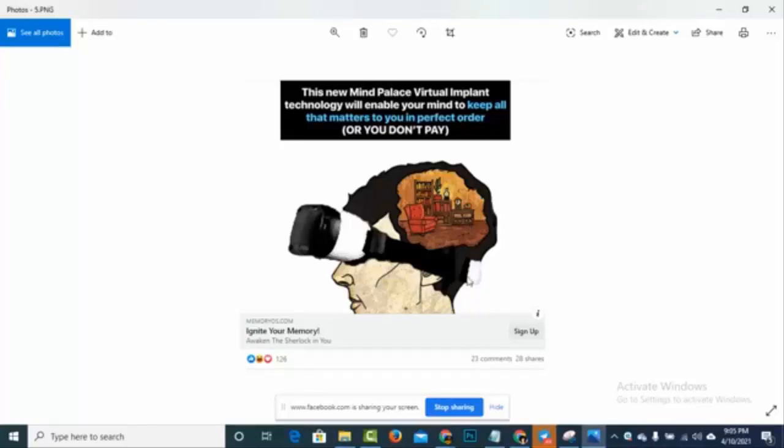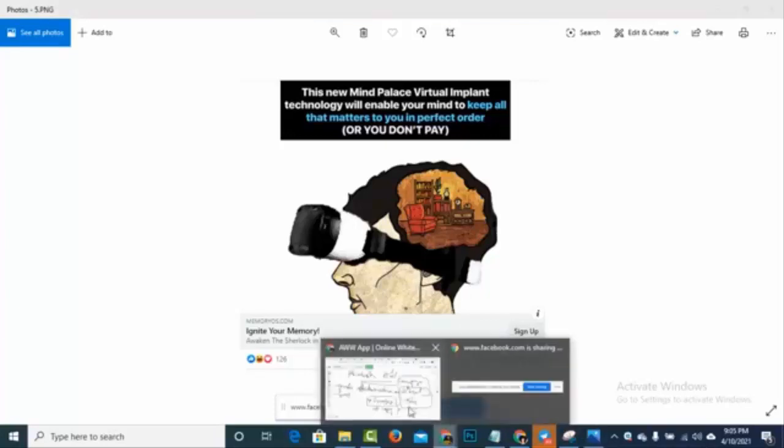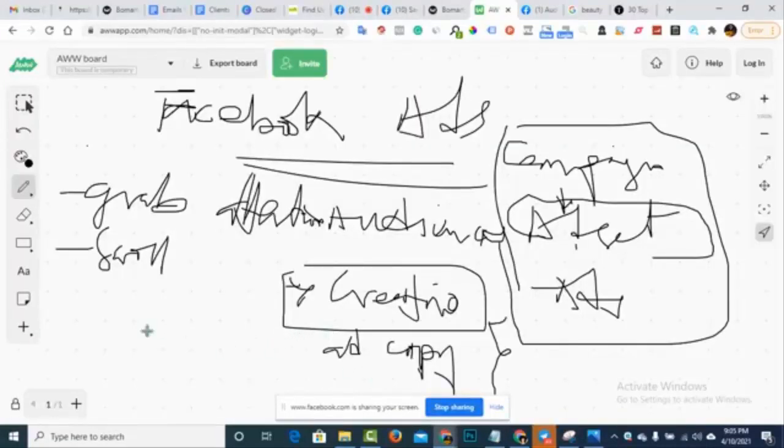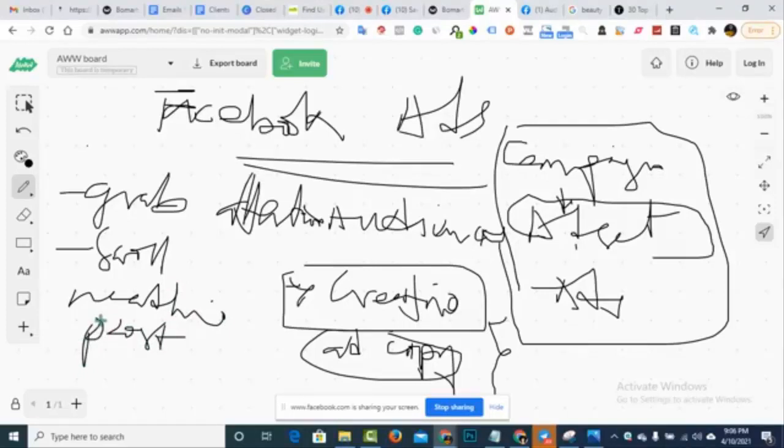Okay? So the other thing I want us to talk about is the ad copy. Now, you need to have this in mind, that the purpose of your ad is not to sell, like I said before. The purpose of your ad is to get people to click to your site. And there are two parts to your ad copy. So you have the headline and you have the post, or let's say the main copy itself.